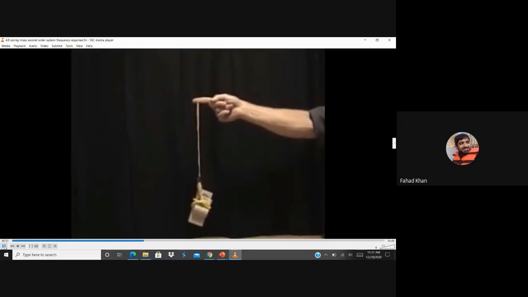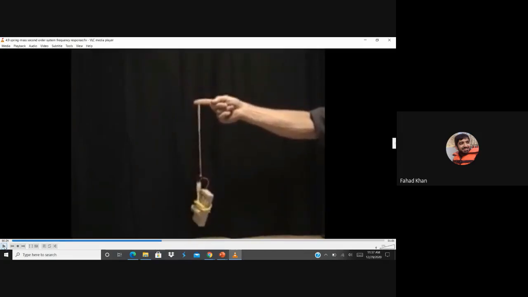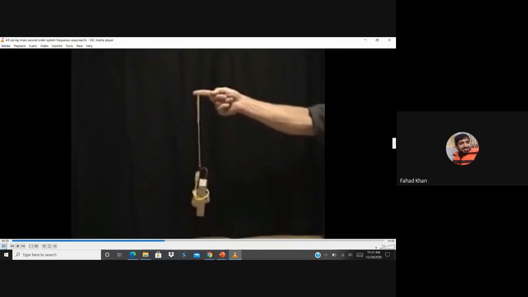Right now, P naught omega, which is the forcing frequency, is very small. So the structure is moving with the externally applied force. It doesn't have any kind of excessively large deformation. It is deforming according to the displacement of the hand. Now let's move this hand a little bit faster, and now you can see that your displacements have grown manifold. It is greater than the static displacement, and now